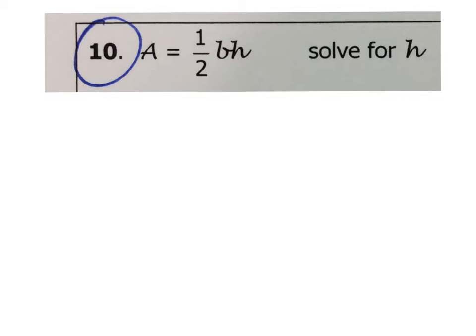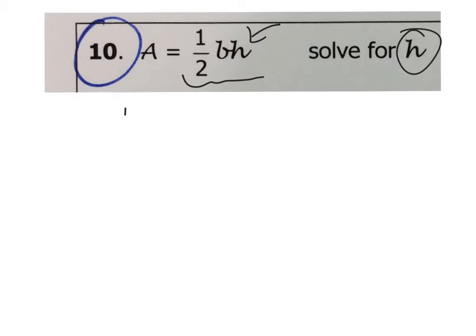Now, on number 10, notice we got to solve for H. Well, H is right here. Well, all of this is multiplication. 1/2 times B times the height. Well, remember, the inverse of multiplication is division. But we happen to have a fraction. How do you get rid of a fraction? You multiply by the